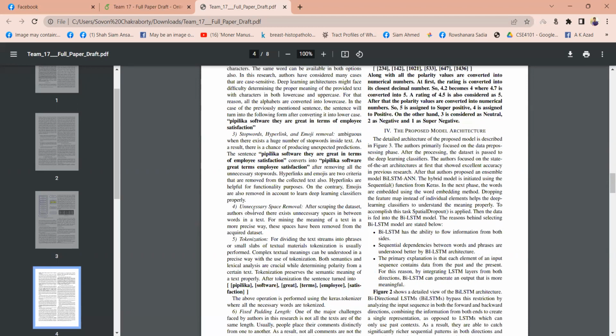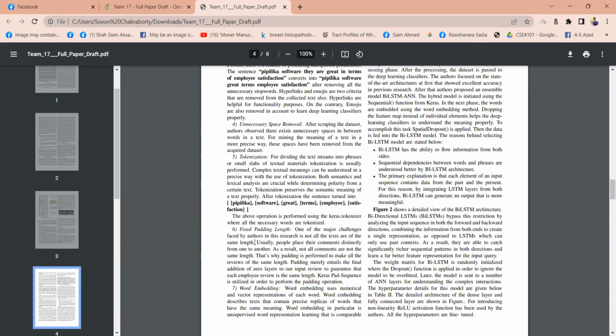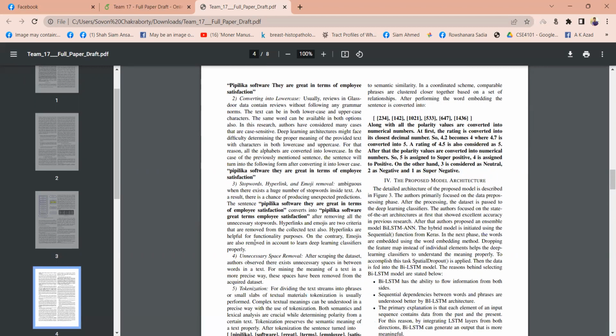After that, we removed unnecessary spaces, and then we tokenized all the necessary data. Then we used fixed length padding, which allows us to have the same shape for every sentence. We performed word embedding to convert the data into numerical formats.